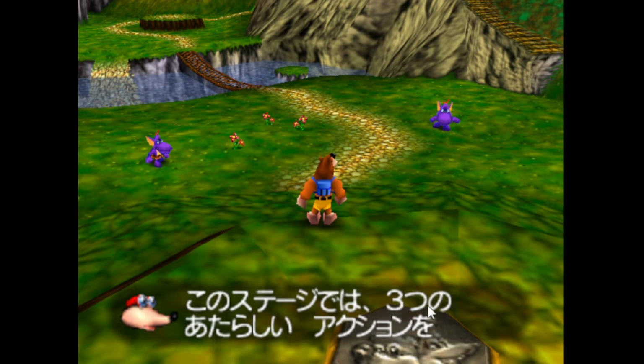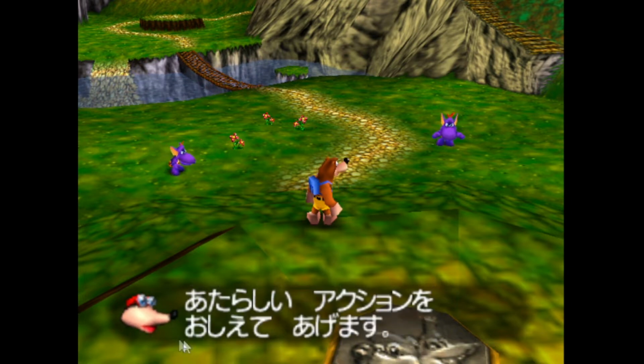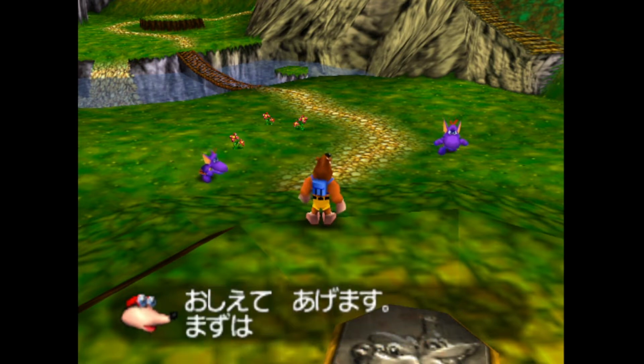And this no, I guess, is required to link this number of items to the noun. Even though it has an adjective in between, it's still linking the number to the noun. And then this adjective is just modifying the noun as well. So, wo oshiete agemasu. So yeah, I will teach you 3 new actions at this stage.